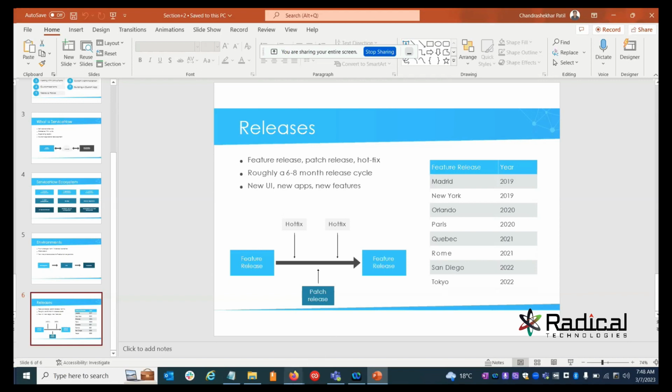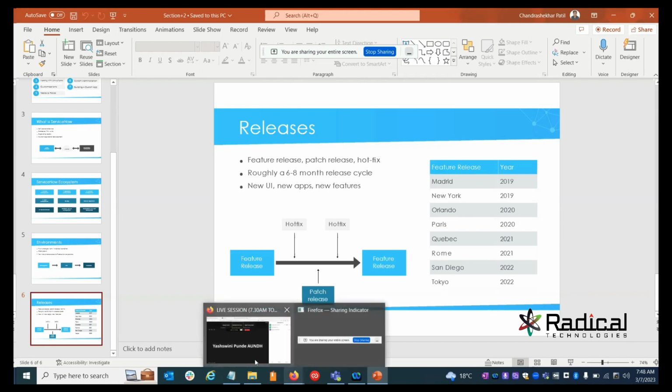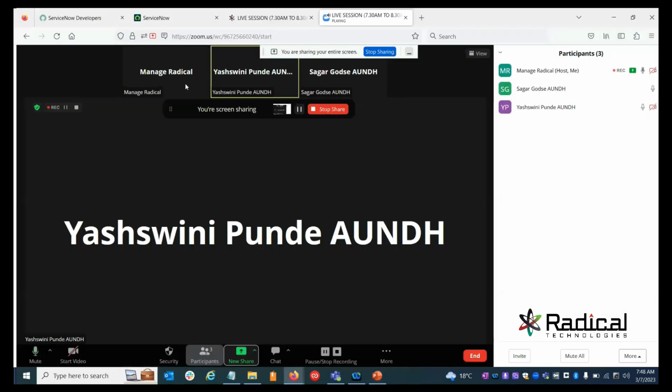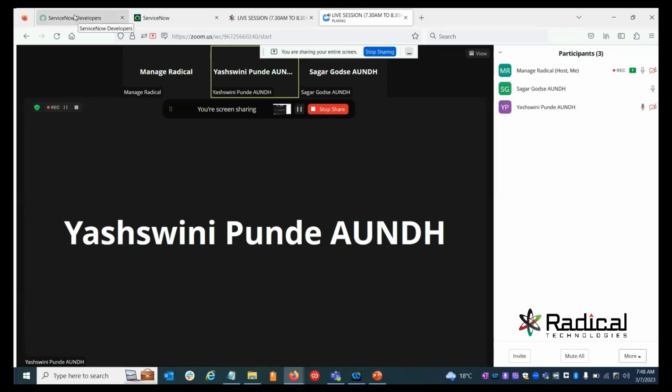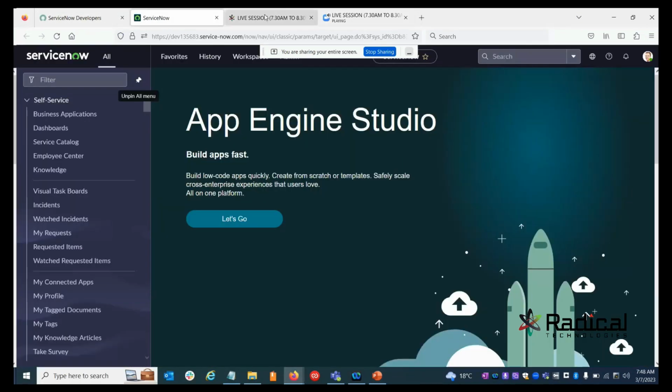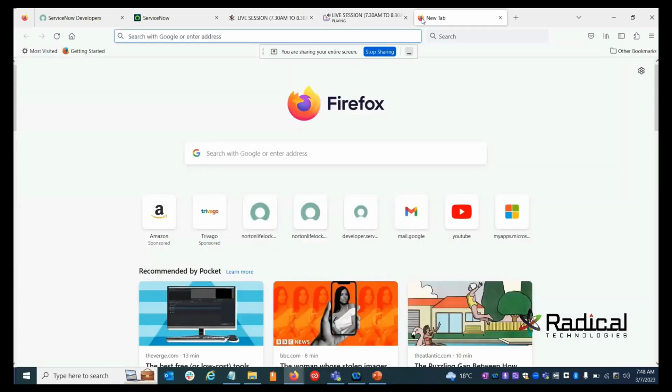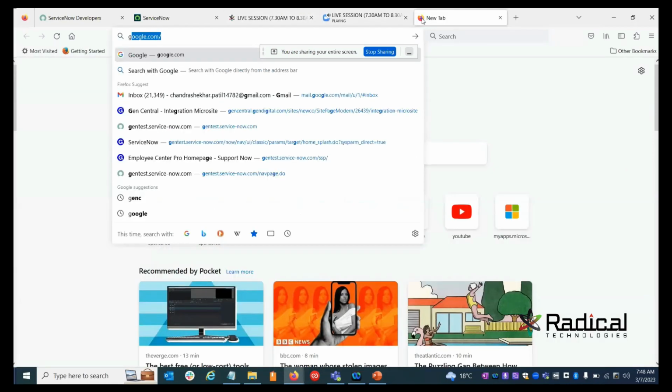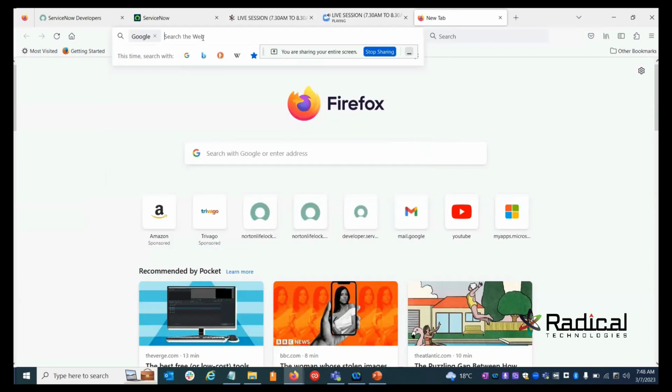As far as ITSM and core configuration, I don't see much difference. But yes, there will be differences. It's not that there won't be any, but it's not something very intuitive or very visible. Whenever we want to see what's coming in or what's in a particular release, what's changed from the previous release, we can always take a look into the